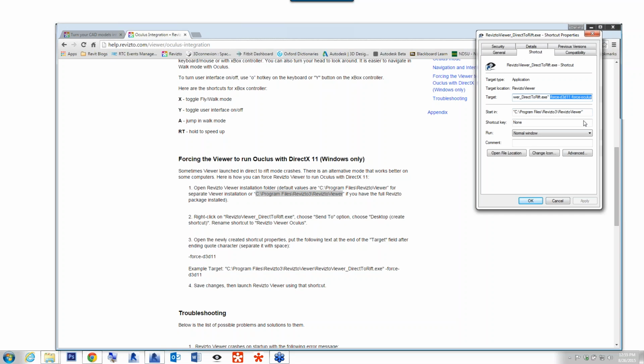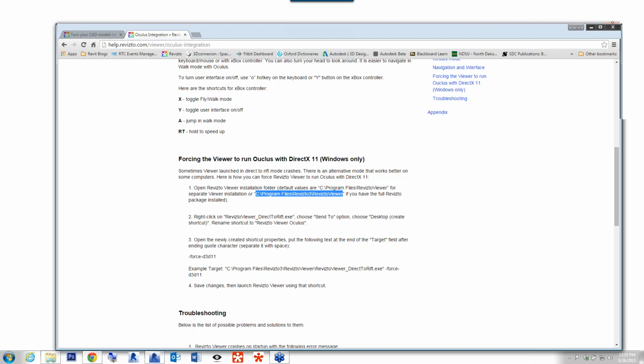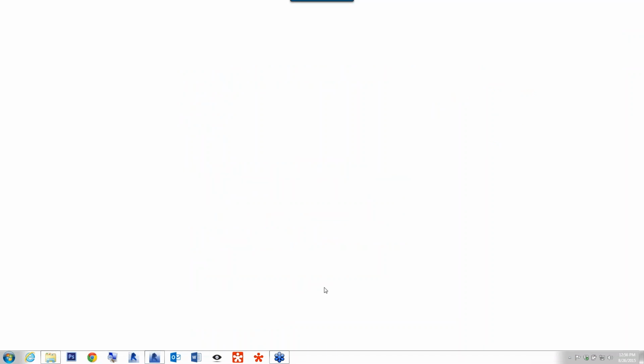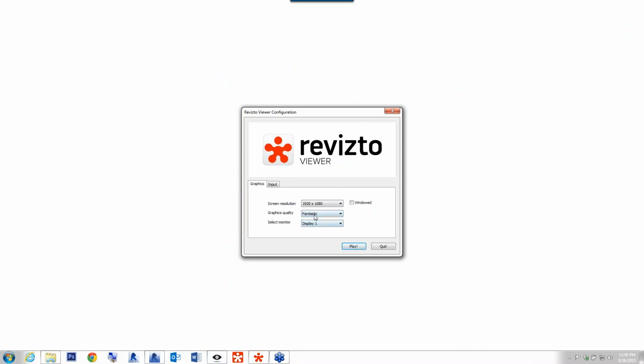When you're using the Oculus, especially the DK2, there's this direct to Rift option, and that means you don't have to set up an extra monitor or do any additional settings. I'm actually going to do this right now, and it's going to be super cool. You should be able to see it, no problem. I have this icon down on my taskbar, and when I click it, I have to pick my quality level, and I hit play.